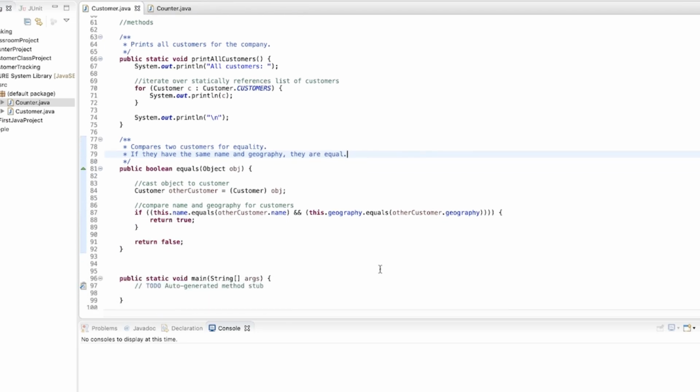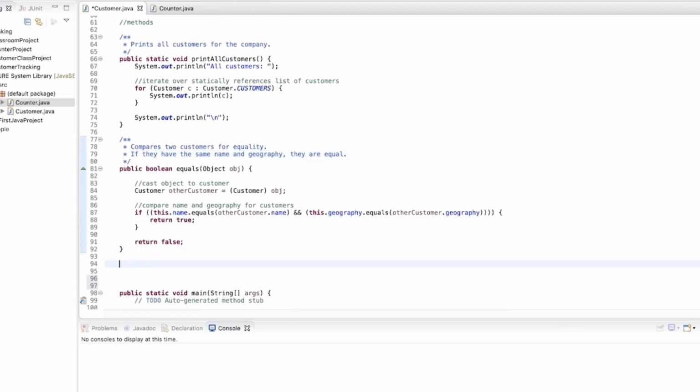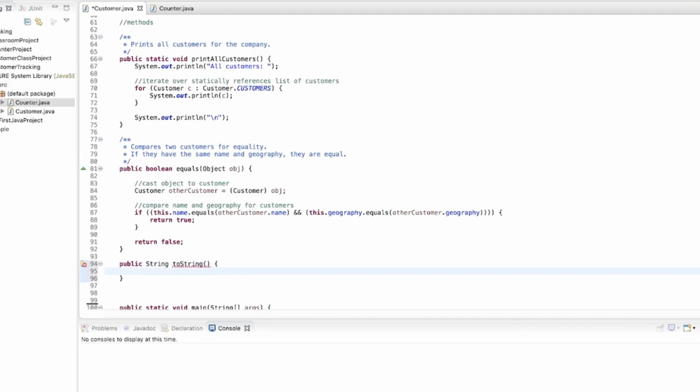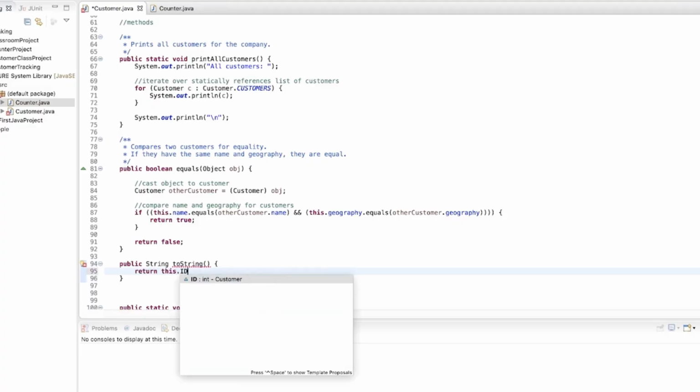I also want to implement the toString method, which will tell Java how to cast an instance of the customer class to a string. So I have to define the method exactly like this. Public String toString, and of course I have to return a string. In this case, I'm going to return the customer ID, name, company, and geography. So we'll return this.id concatenated with